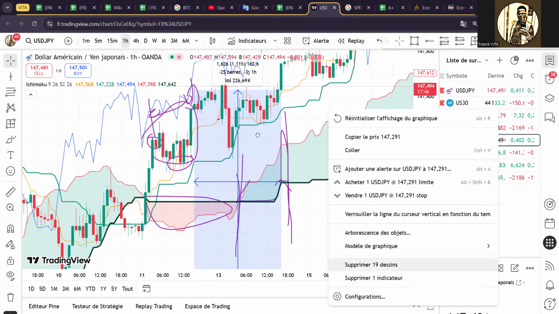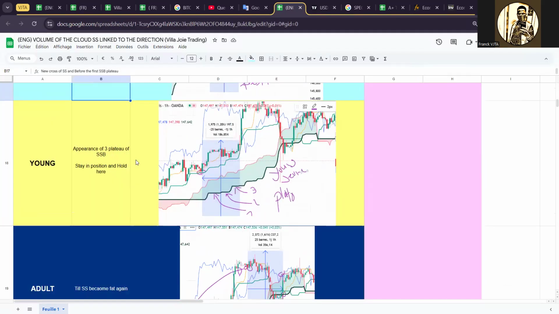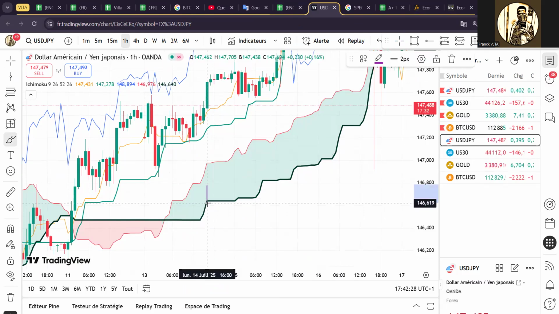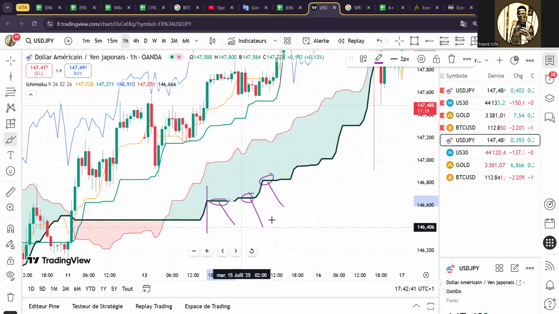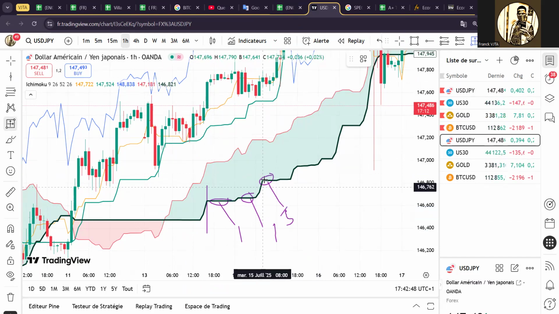Let's look at the next speed. The next speed is called the Young speed. It needs an appearance of three plateaus maximum. So the freshness started here and ended here, but the first speed will have this plateau and this plateau. When you see three plateaus, those are the youngness of a speed of SSB, right? So you can basically have at this point